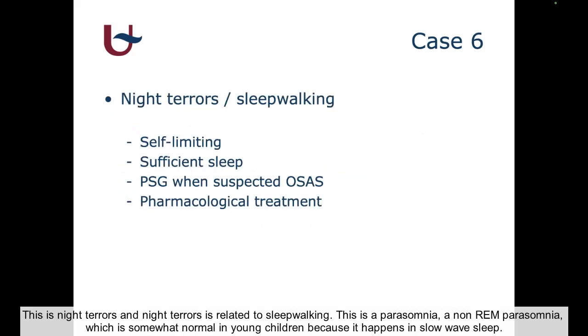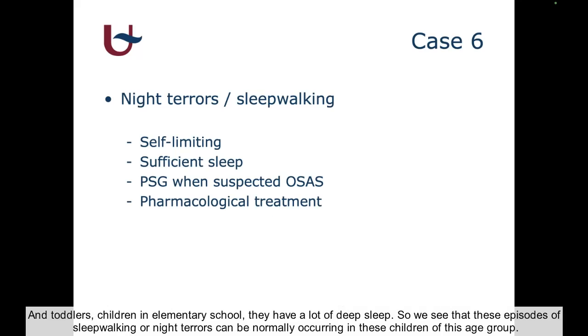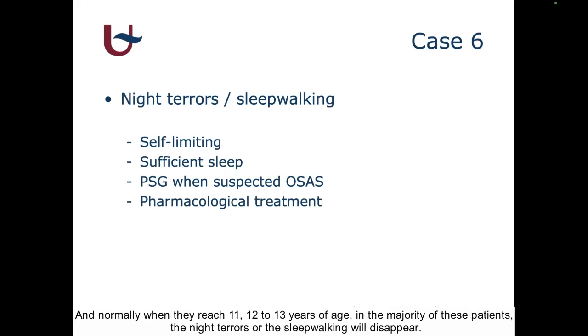This is night terrors, and night terrors is related to sleepwalking. This is a parasomnia, a non-REM parasomnia, which is somewhat normal in young children because it happens in slow wave sleep, and toddlers, children in elementary school, they have a lot of deep sleep. So we see that these episodes of sleepwalking or night terrors can be normally occurring in children of this age group. And normally when they reach 11, 12 to 13 years of age, in the majority of these patients, the night terrors or the sleepwalking